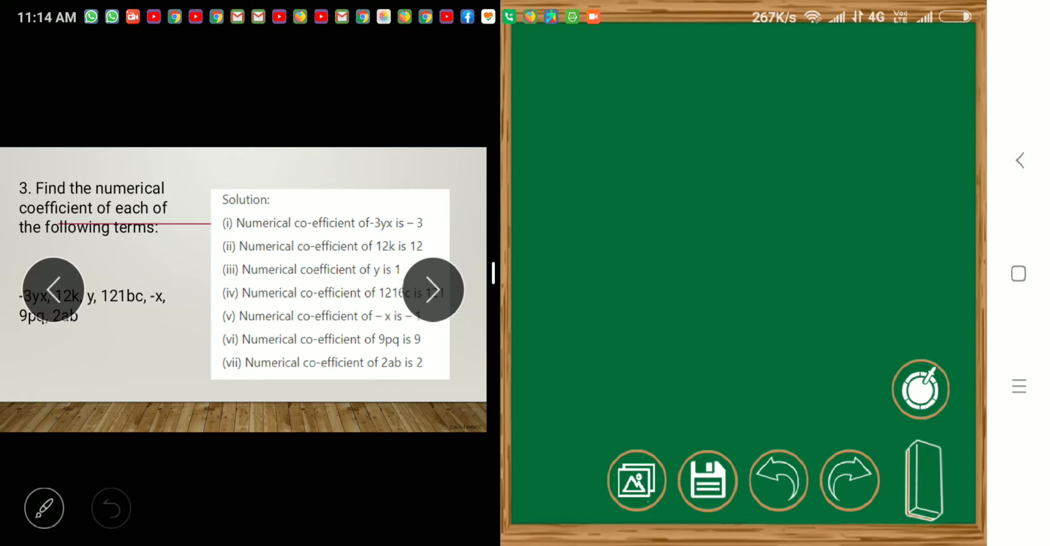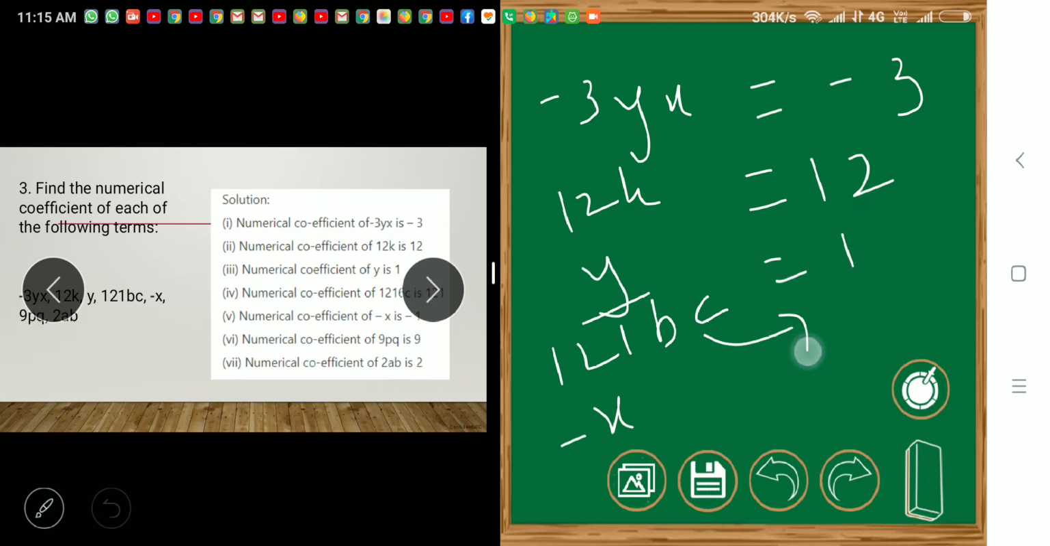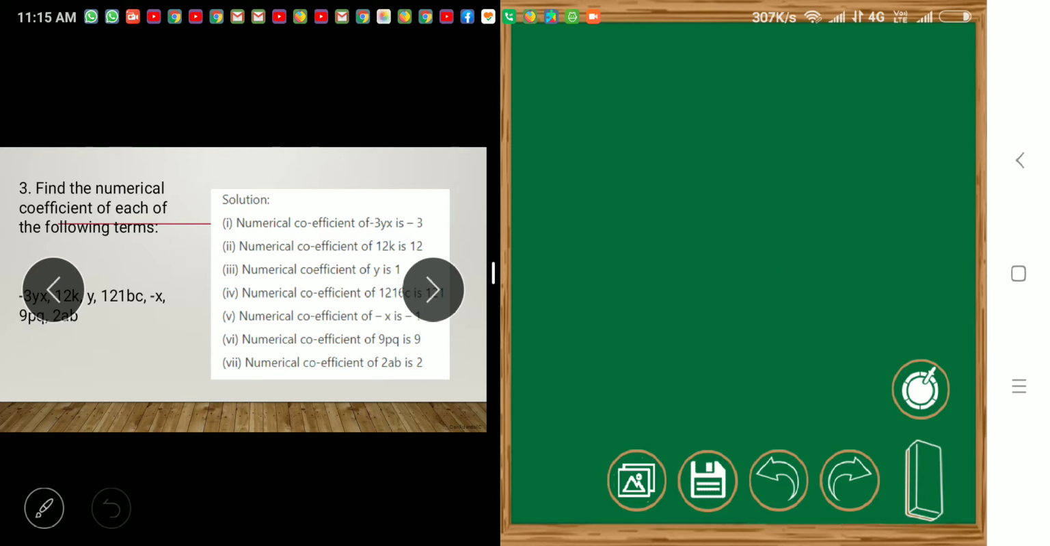And find the numerical coefficient. This is so easy. Only the numerical coefficient we need to find. The questions are minus 3yx, 12k, y, and minus x. First we will finish this. What is the numerical coefficient? Minus 3. Don't forget to write the negative sign. And the numerical coefficient of 12k is 12, and where there is no number, take it as 1. For y it is 1, and for this there is no number but x is in minus, so minus 1. Okay, this is how. And the next one,